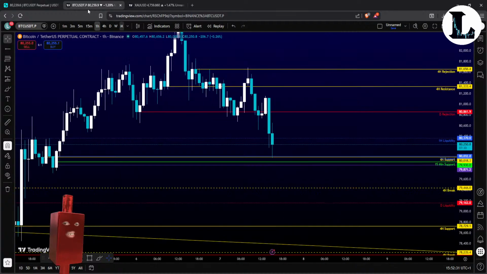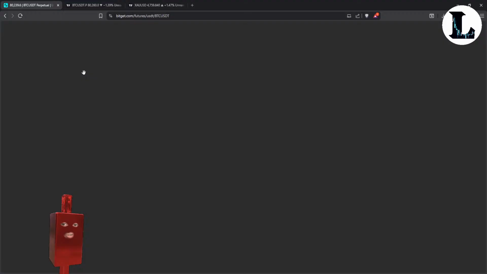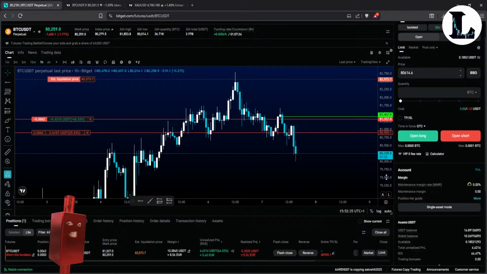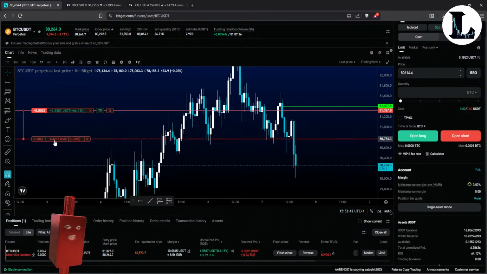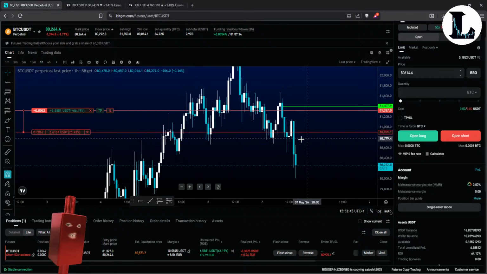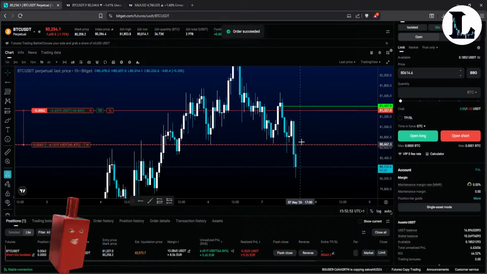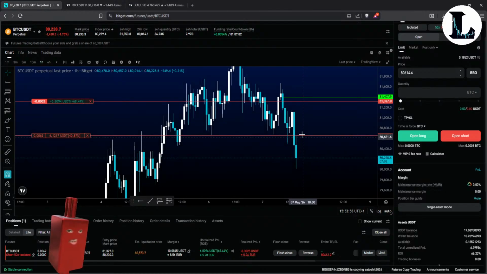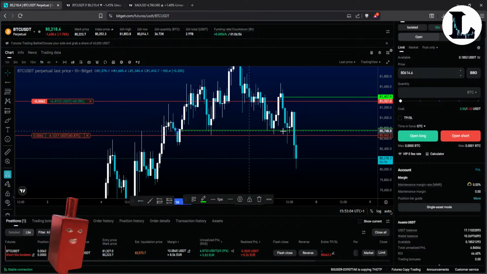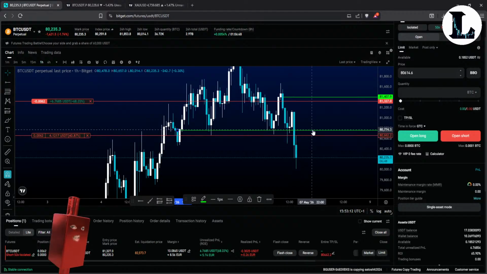Okay, so we are having a reaction. What I'm going to do is really simple. I'm going to my trade and I'm gonna move my stop loss above the wick. Honestly, I think the price will go just a little above the wick. If it comes back up, it might go just a little above the wick because we have this 1 hour previous support. Okay, it was a really strong support. It was tested multiple times and it can now turn into resistance.